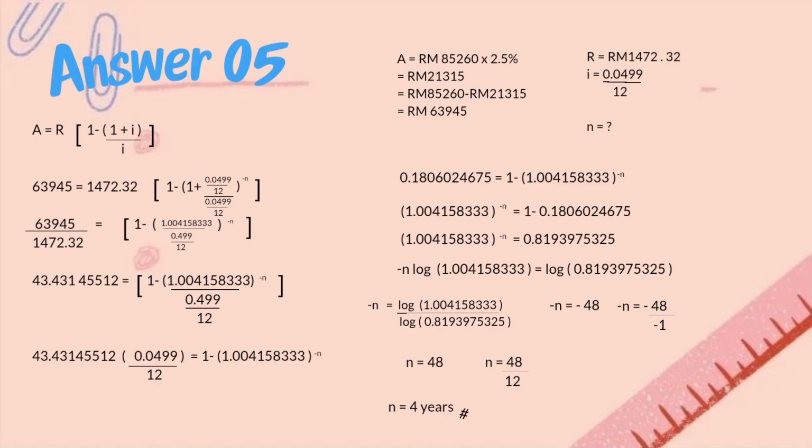Because 1 minus 0.18060. And we can get the answer negative N equals negative 48 over negative 1, and we can get N equals 48, and over 12, so means the answer is 4. So the years of the answer